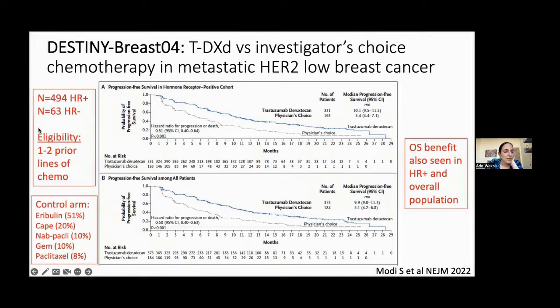Of note, you can see on the left here, most of the patients in this trial were hormone receptor positive, but a few triple negative patients were represented. The most common chemo that was chosen by the investigators was eribulin. And just to also point out, there was an overall survival benefit that was also seen in the hormone receptor positive in the overall population. So an impressive result for this agent, even in patients who we don't consider HER2 positive, presumably because of that